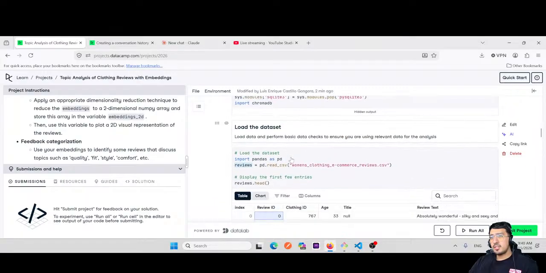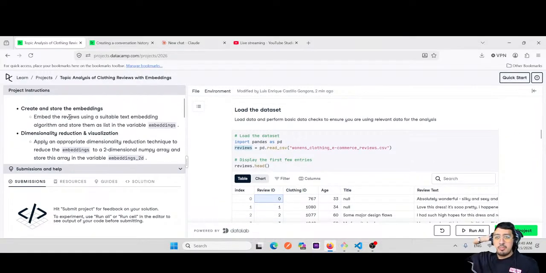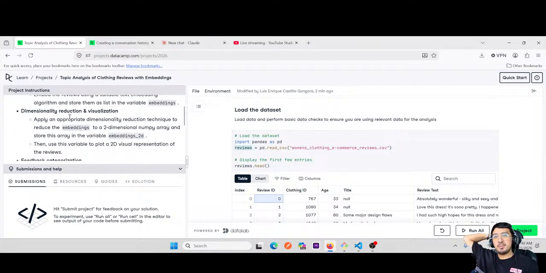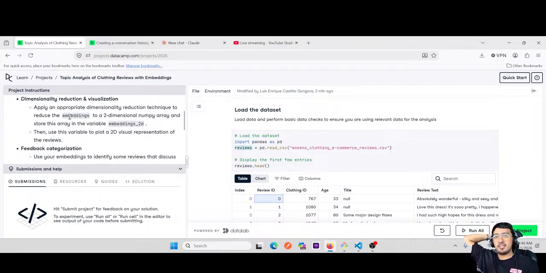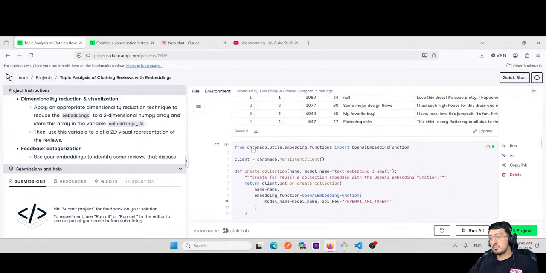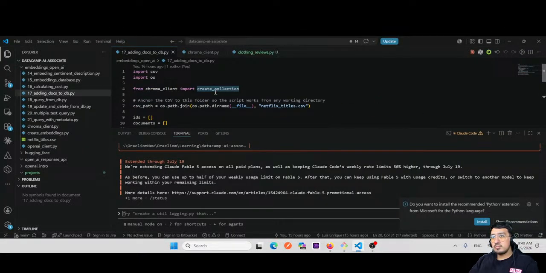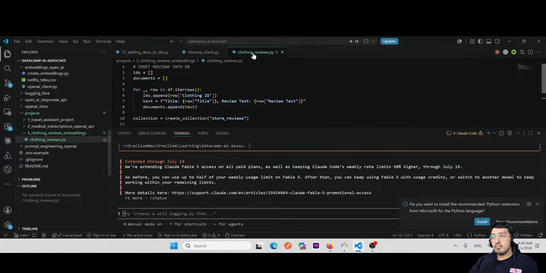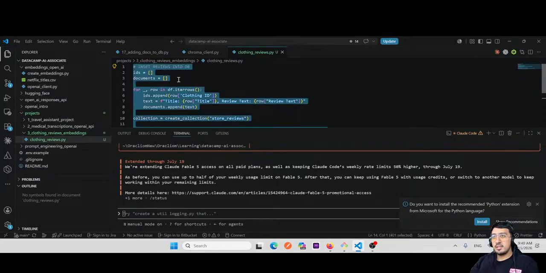Here I create the collection and everything. Then embed the reviews instead of embedding. But for this dimensionality reduction, I don't know if we can do it in ChromaDB, because in this case, what we will need to do is here. What we can do is this: